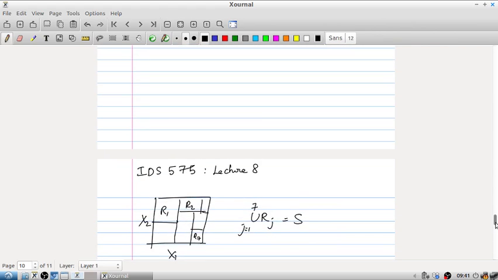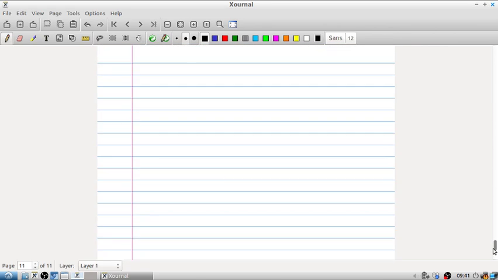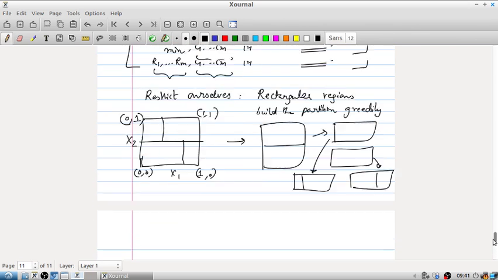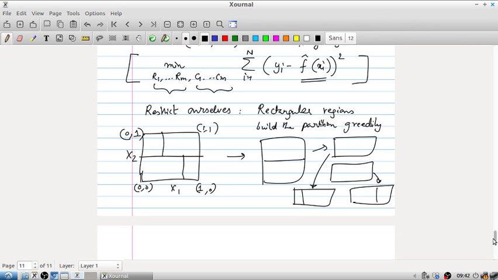Okay, I think I just made a mistake by skipping all the pages, but okay. So